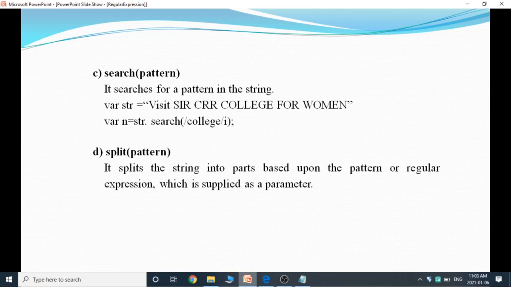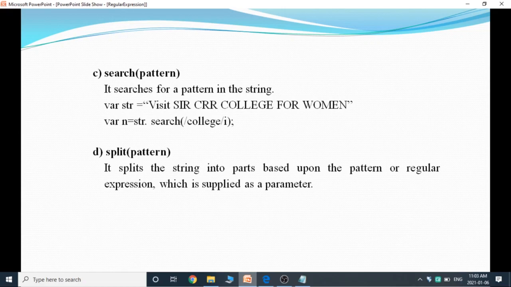For that I am using string dot search of college with the i modifier. If this pattern is matched in the text, then it will return the index of the starting matching character, or else it will return -1.